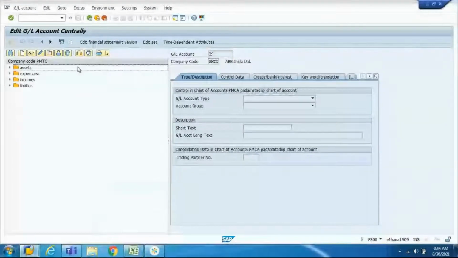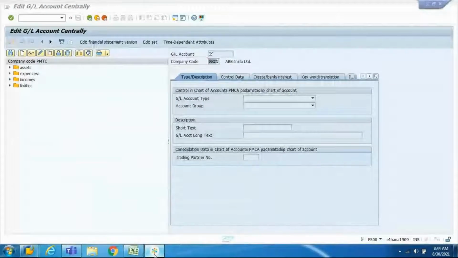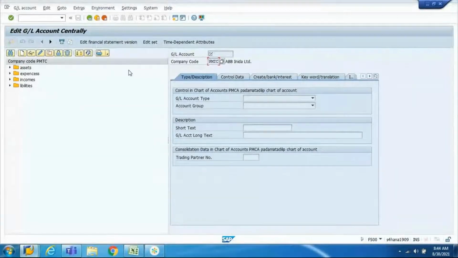So here, if you don't find your company code, you'll find the option called company code. Is this your company code? No, right? This is PMTC. What is our company code? TMIL. So if you want to switch this PMTC to TMIL, here you cannot edit this. On the left hand side is where you have all the controls. And here you need to find an icon which says switch or change company code, which is this one. You will find change company code, right?